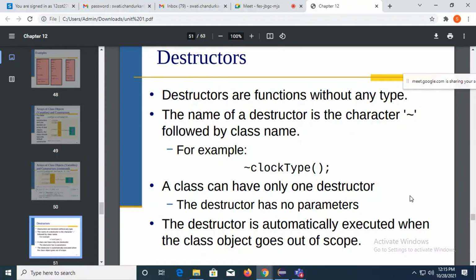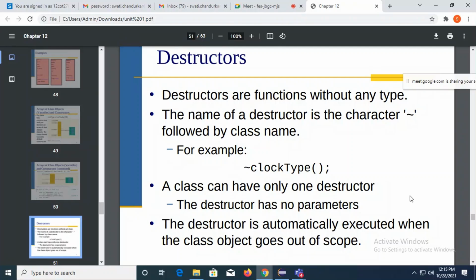So once the memory is allocated by the constructor, the same memory should be deallocated also. Now, this is done with the help of another member function in a class, that is a destructor. Again, similar to the constructor, destructor is an implicit member function in a class.